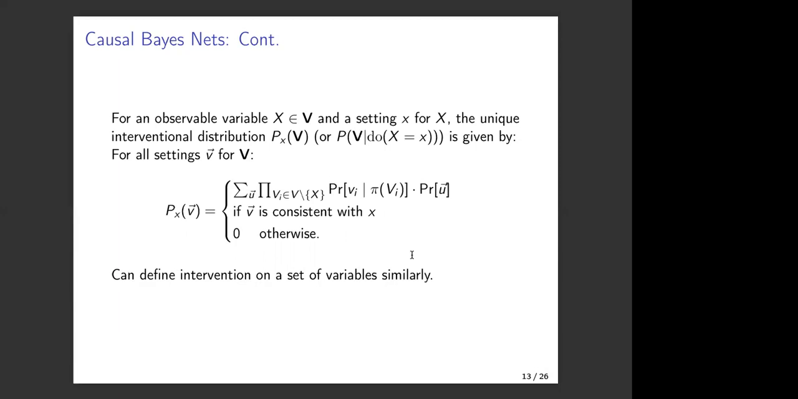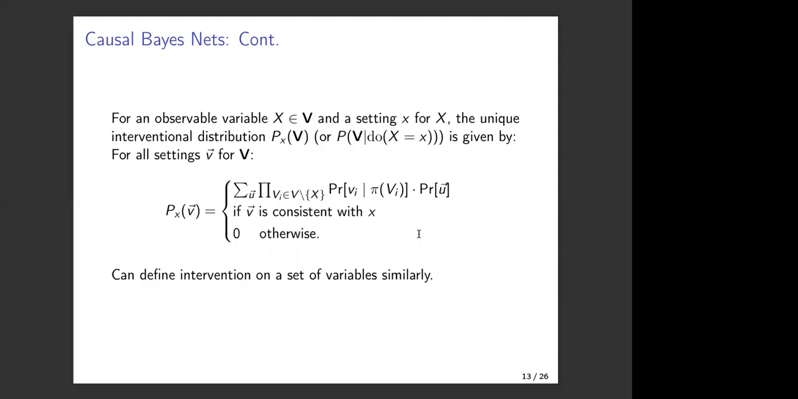In this situation, you can define the interventional distribution for an observable variable and a particular setting of the observable variable x. You can define the interventional distribution P sub x of V, or P of V given do x, and it is given by this truncated factorization. Again, it is given by this particular expression here. What we did is that essentially, if you notice, we took x out of the factorization because x is set to that particular value, and we marginalized U. So it is summed over all possible u's, etc. So that's the way we define this